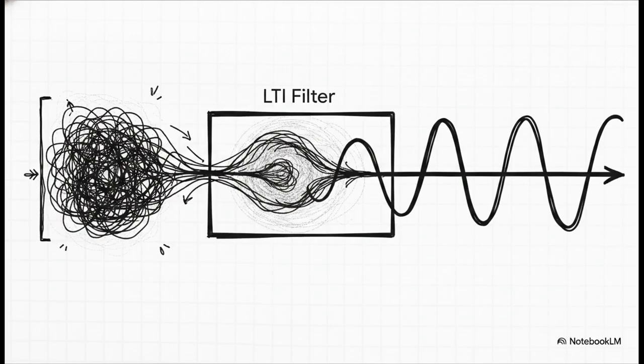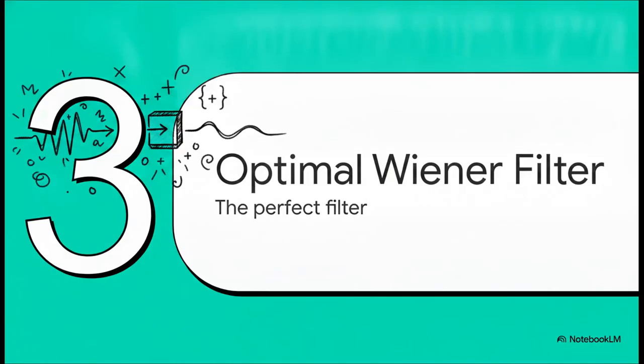So what happens when we take our random signal and push it through a linear time invariant, or LTI, filter? Well, the filter fundamentally shapes the signal's statistics. The power spectral density of the output mathematically becomes the PSD of the input multiplied by the squared magnitude of the filter's transfer function. We are quite literally reshaping the chaos using that transfer function. But of course, this immediately begs the question, if we have the power to shape the output, how do we mathematically shape it perfectly? Which perfectly sets up Section 3, the optimal Wiener filter, our quest for the perfect mathematical